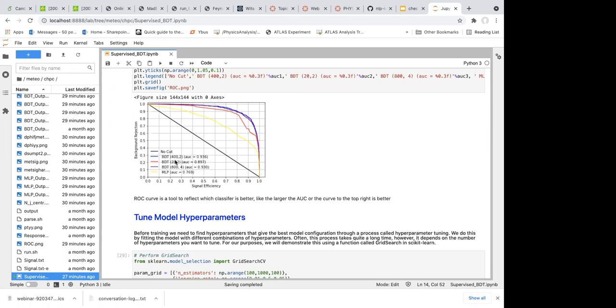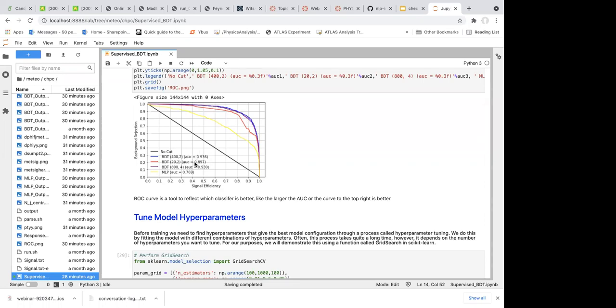And then what we are going to focus on are the first three methods, which use different numbers of trees and depths: 40 and 2 depths, 20 trees and 2 depths, and 80 and 4 depths. And you can see that the red curve, which uses 20 and 2, is very apparently worse than the blue and the other color, the purple one. Yes, the purple one. So the red one is inferior to the others.